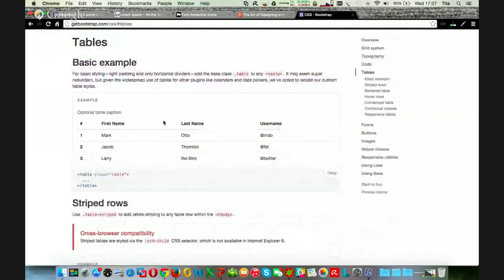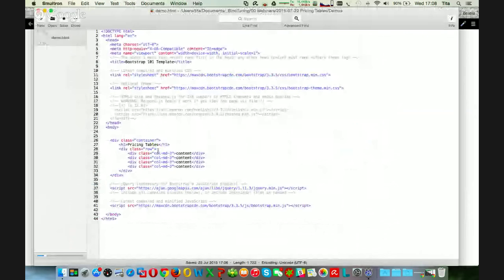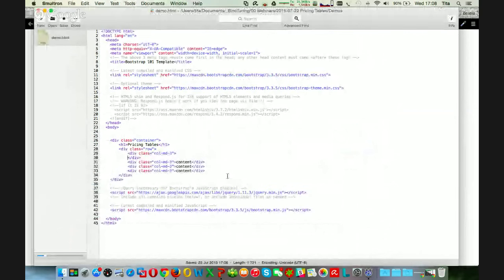And you will see that there's plenty of code that can be used to create these nice looking tables in CSS. And the base structure for the table and the base element that defines the table layout is this class table. So I'll just copy this code and go back to my first element,